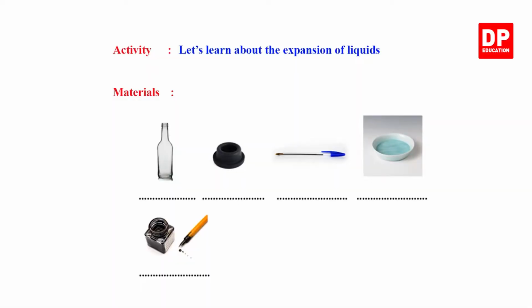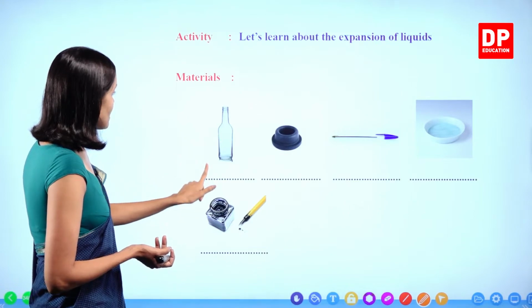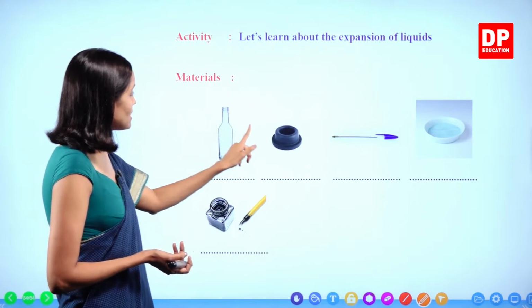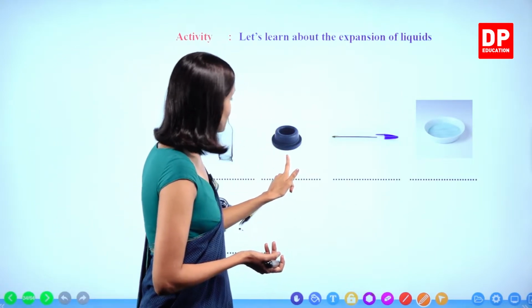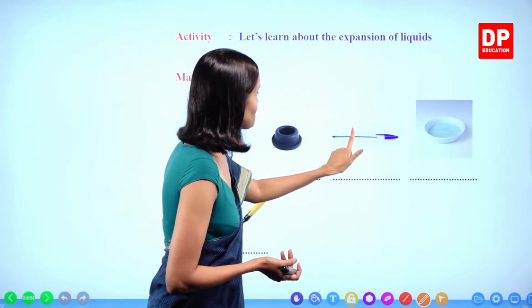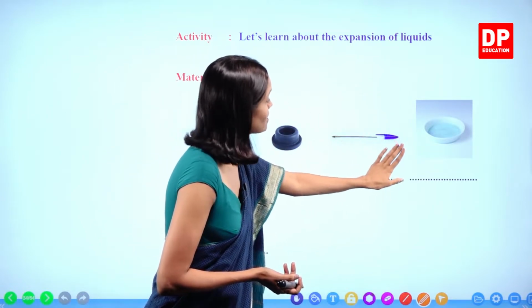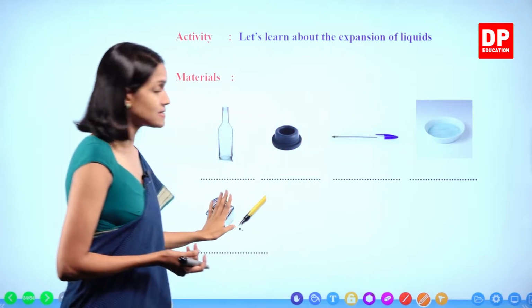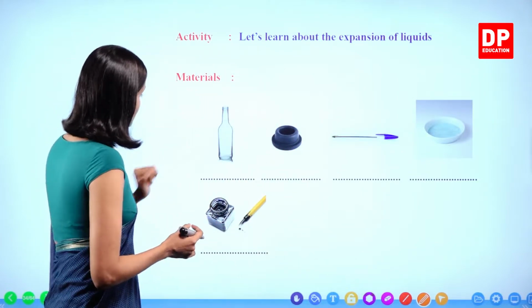So, our activity is, let's learn about the expansion of liquids, okay? Right. So, what are the materials we need? We need an empty bottle, and we need a rubber stopper, and we need an empty pen tube, and we need a hot water beaker and some ink. Okay? We'll write